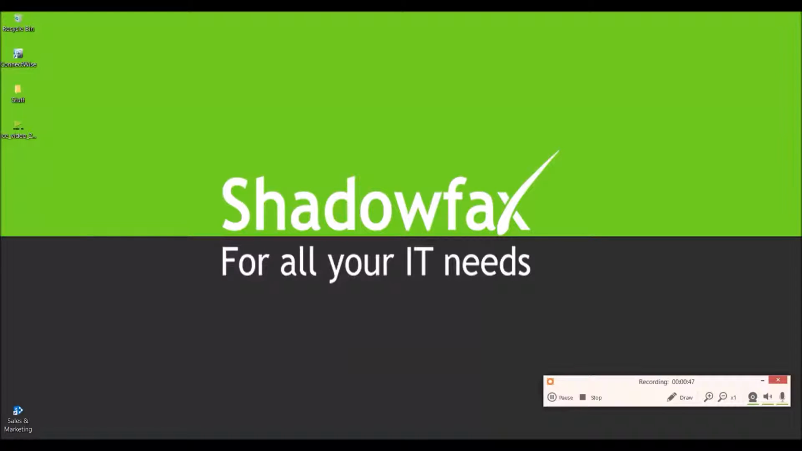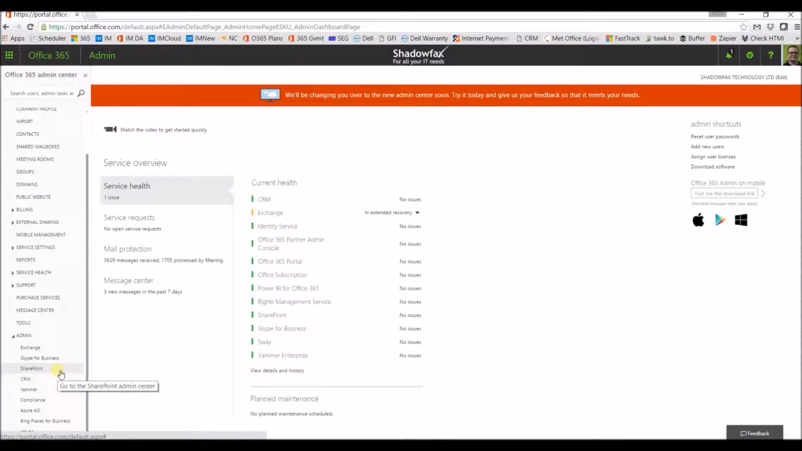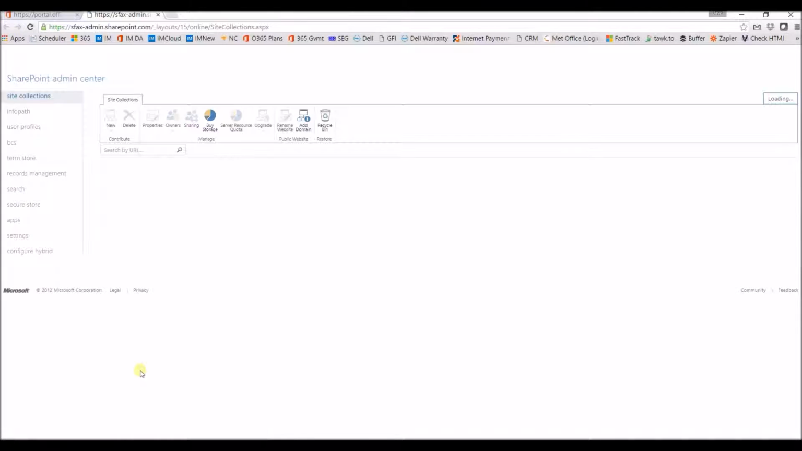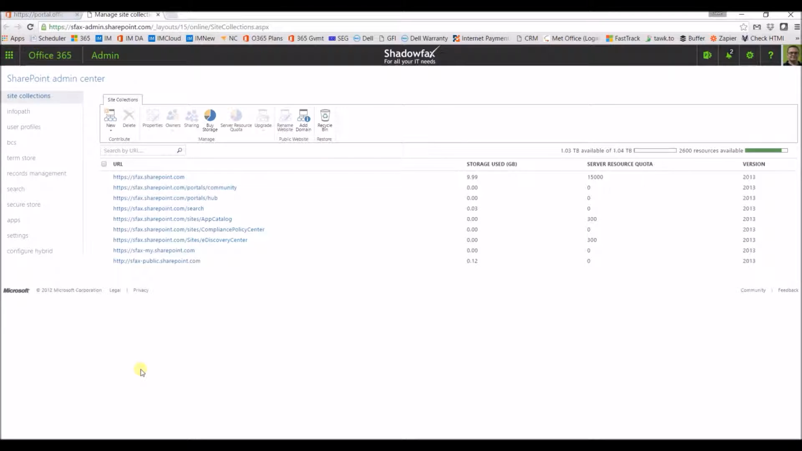First of all, we're going to take a look at the online admin console. If you have admin rights over your Office 365 tenancy, then you can access the SharePoint admin section from the bottom left. This is the top level admin control console where you can manage all of your different SharePoint sites. Much the same as websites, you can have one parent site and effectively pages within that site that can do different things, as is shown here from our Shadowfax SharePoint, or you can have multiple sites